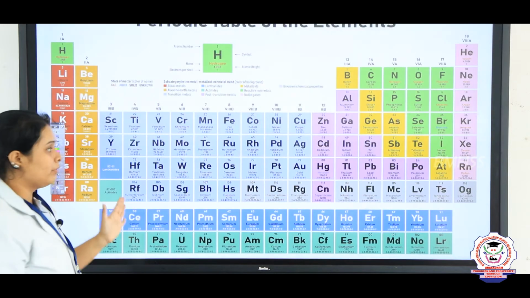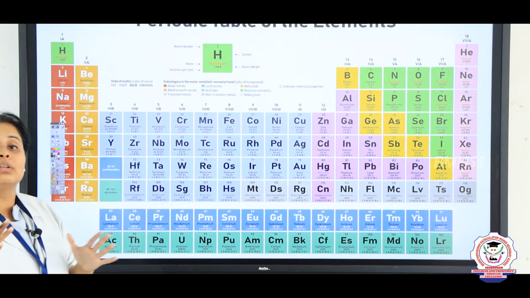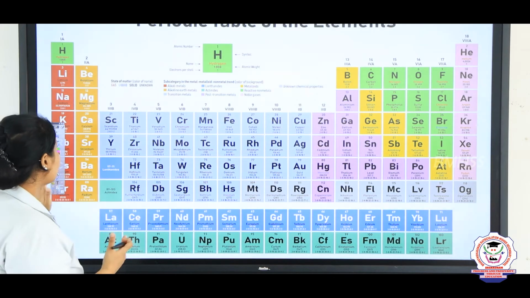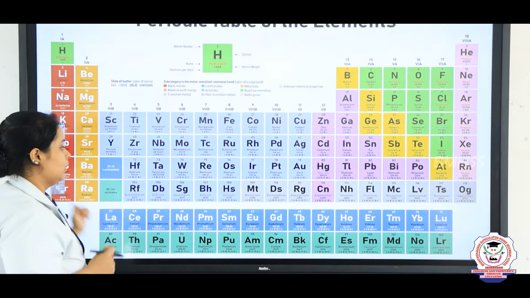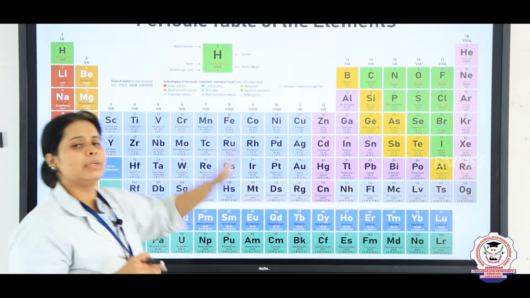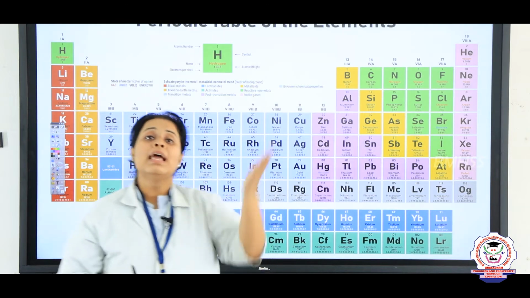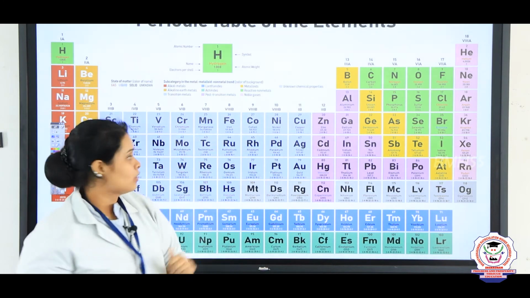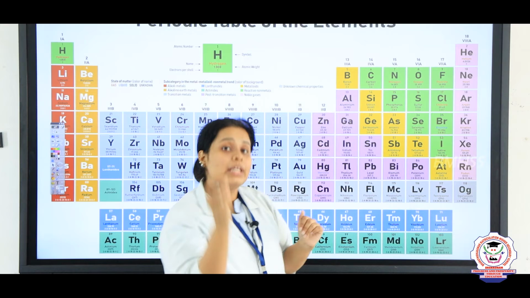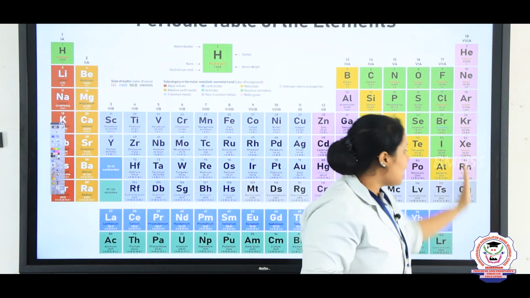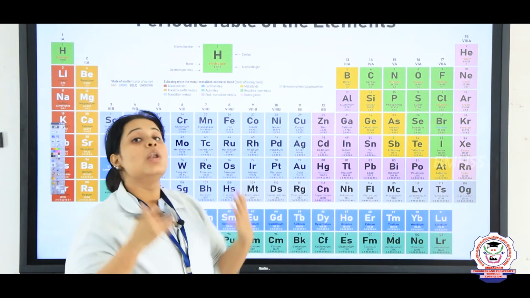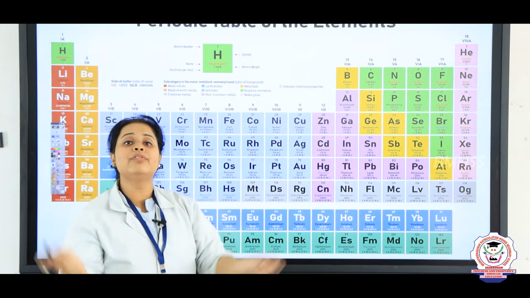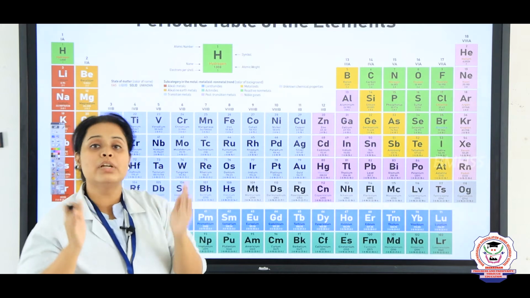Now let's see what we are going to discuss over here. We are going to discuss valency. So children, these elements are in a periodic table. In all these elements, the outermost shell will have fewer than 8 electrons. Same way, the last row, which is known as the noble gas elements, will have a fully filled electron shell.